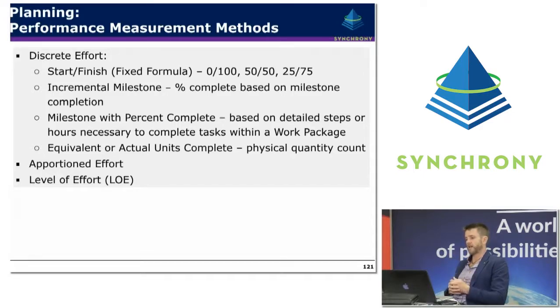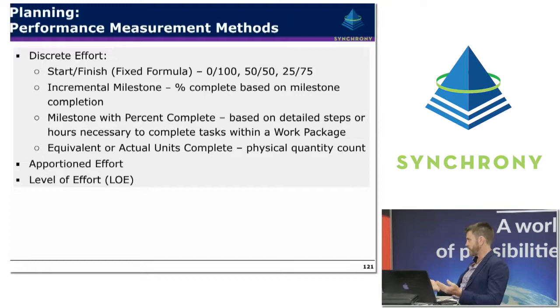That's the ideal situation. There's a number of other work packages where we have to use more rubbery approximations, if you like, of the effort. The two typical examples of those are apportioned effort, which is where we basically say, okay, there's support activity that has to happen on this project. We're not quite sure exactly what tasks they're going to be doing, but we're going to apportion that as a percentage of the overall construction or discrete work that's happening on a project.